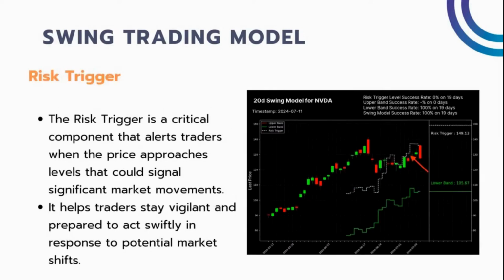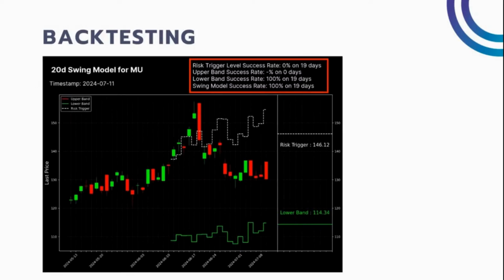But at the same time, we also have the upper level or the lower level. In this case, it is called the risk trigger, which is the white line in the chart. Every day, you will always have a risk trigger, and you will always have either one lower band or one upper band. So there's always going to be 2 levels, a risk trigger and a lower band or an upper band. The risk trigger represents a very important volatility level, but we don't use it in the calculation of our success rate because the model also aims to forecast